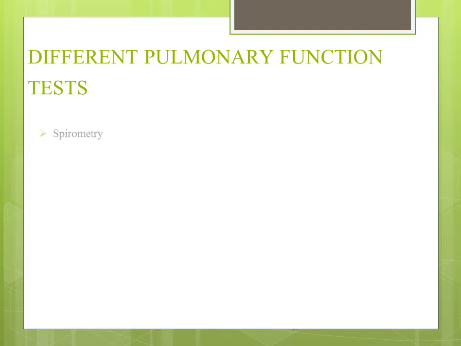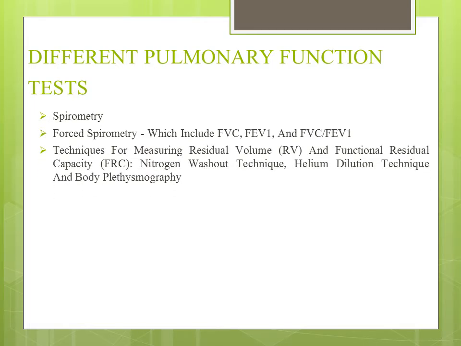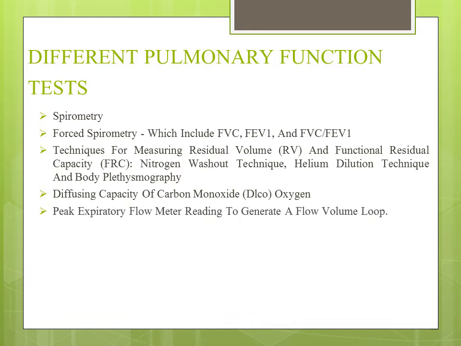Firstly, we'll start with spirometry, then forced spirometry, which includes FVC, FEV1 and the FVC/FEV1 ratio, techniques for measuring residual volume and functional residual capacity, the nitrogen washout technique, the helium dilution technique and body plethysmography, diffusing capacity of carbon monoxide, oxygen, peak expiratory flow meter reading to generate a flow volume loop, arterial blood gas analysis,